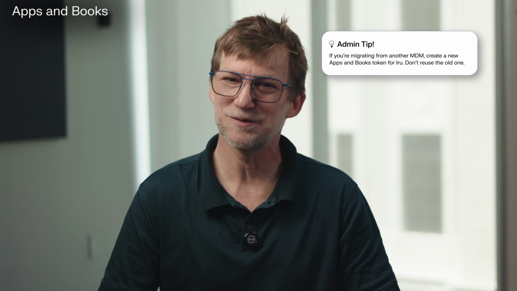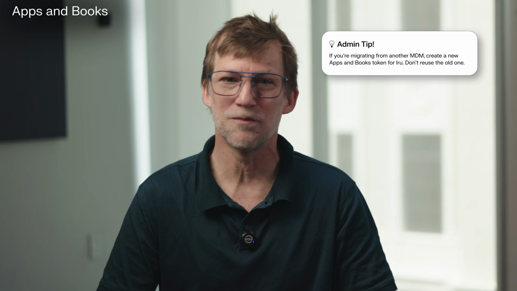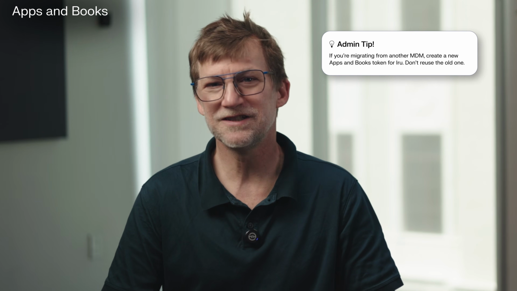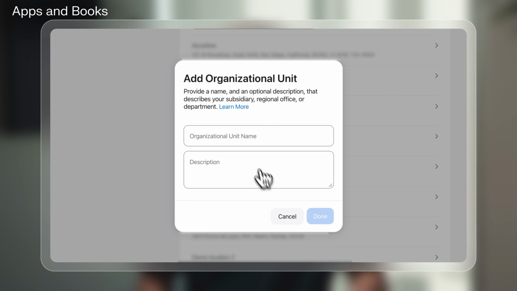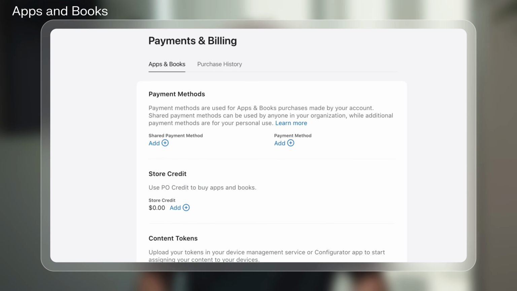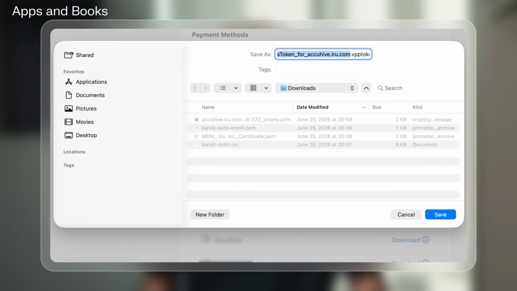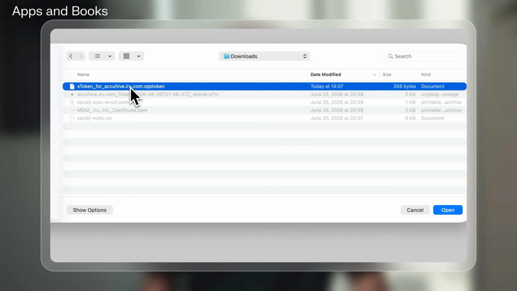Third is apps and books, which lets you distribute App Store apps to devices without requiring any Apple accounts from your users. Important caveat, you cannot share an apps and books token across multiple device management servers. If you're running any other device management service alongside Eru or migrating from one to Eru, you need a dedicated token for Eru. In Apple Business, create a separate organizational unit specifically for Eru. Then go to the settings area, generate a content token for that unit, download it, and upload it into Eru